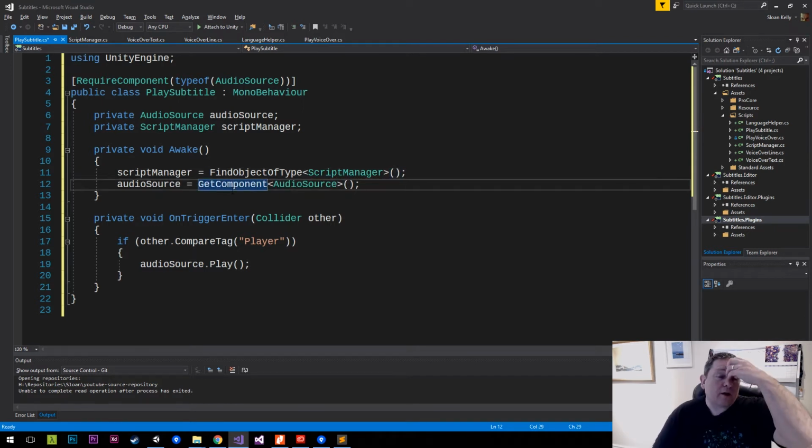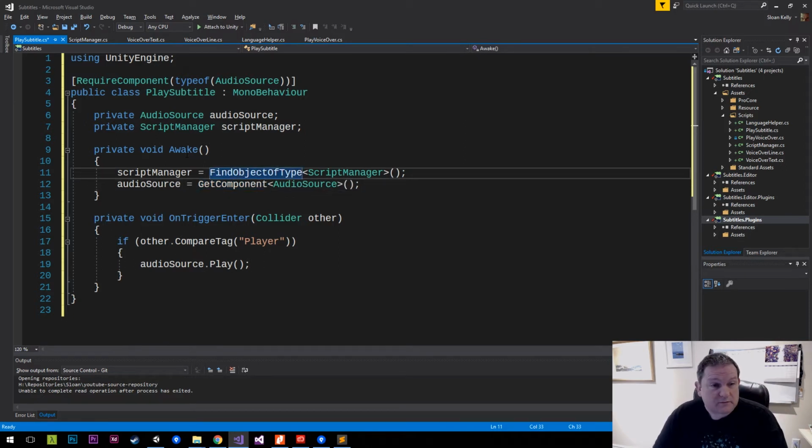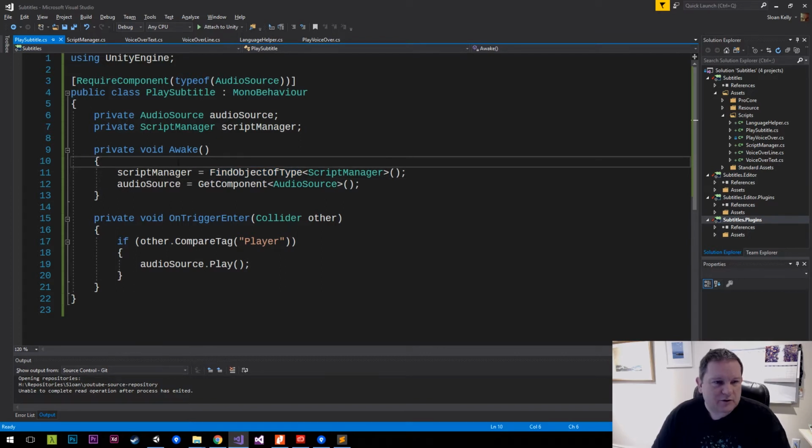So it's going to go and find an object of this type in the current scene, which is quite an expensive call, which means you don't want to do that every single tick. You can do it in the awake, but don't do it every single tick. And then,